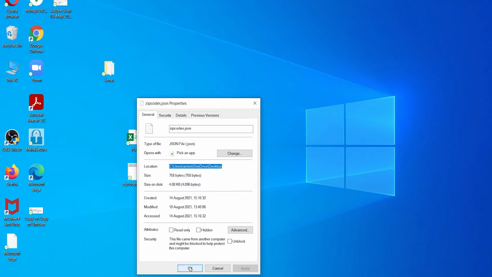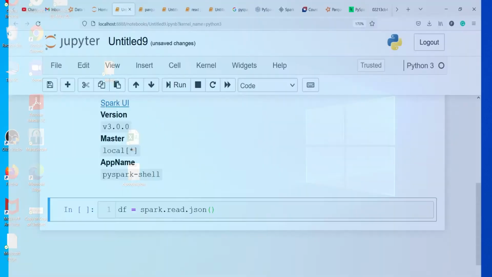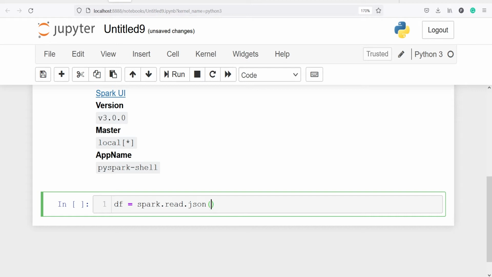Let's go back to the Jupyter notebook, and here in single quotes or double quotes you can paste the location, then one more slash, and I have to type the file name. My file name is zipcodes.json, and before running this code you have to make sure that instead of one slash you put two slashes here, otherwise you will get an error while reading the file. So I'll put two slashes everywhere.